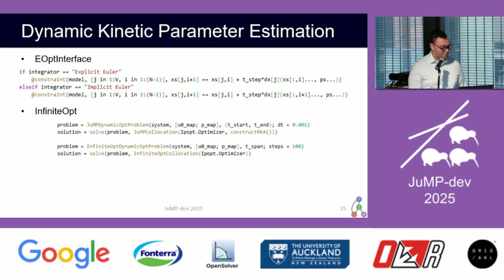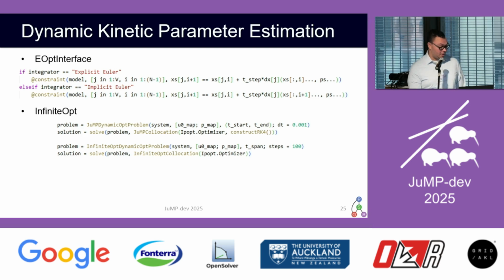It's kind of hard to say for sure, but one of them requires you to use InfiniteOpt. So instead of building a JuMP model, you're actually building an InfiniteOpt model. So we'd have to add another dependency into this whole thing if we want to use this framework, but it gets way too complicated if we're adding in multiple packages. We just want a simple way to